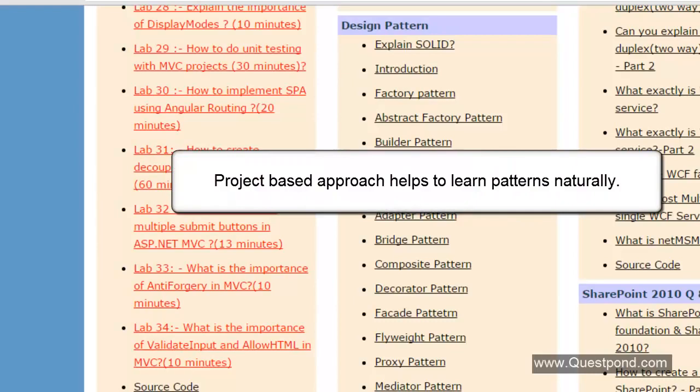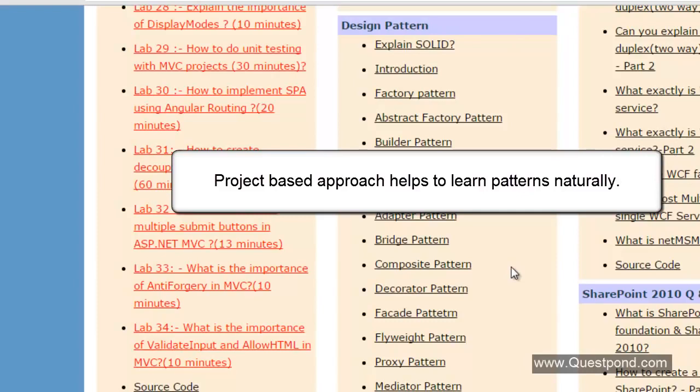But now, if you are asking me for a suggestion, saying that tell us, so what is good? Is going code by code and pattern by pattern good, or is the project-based approach good? My personal choice is the project-based approach. So start with the project-based approach, but as I've told you, I can complete 60 to 70% of design patterns, the remaining 30% are still left out, right? So those 30% design patterns you can go and watch from here.